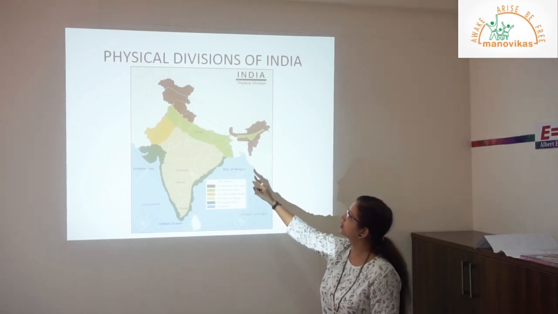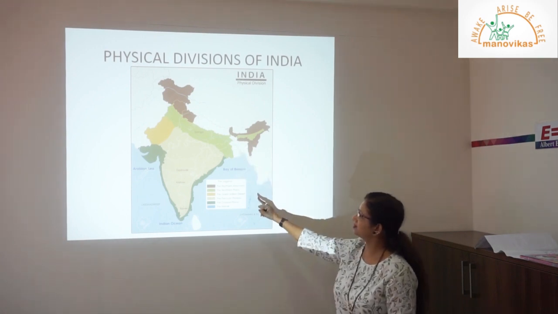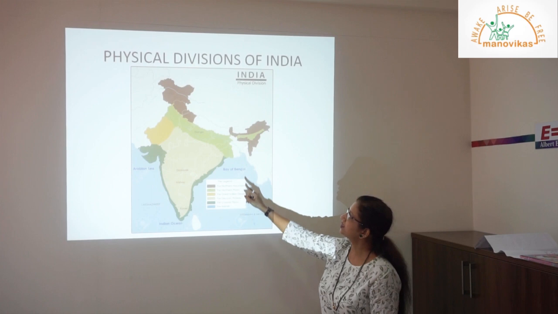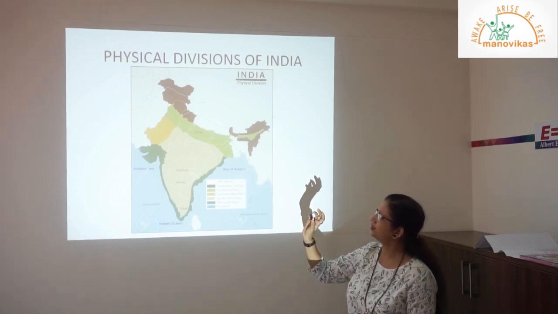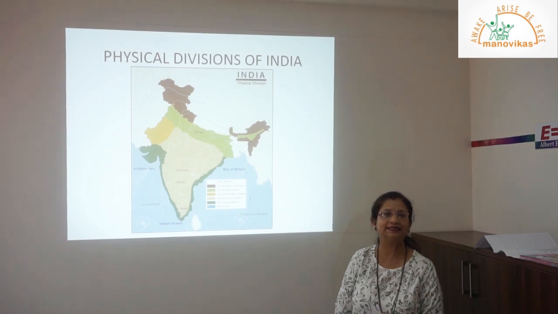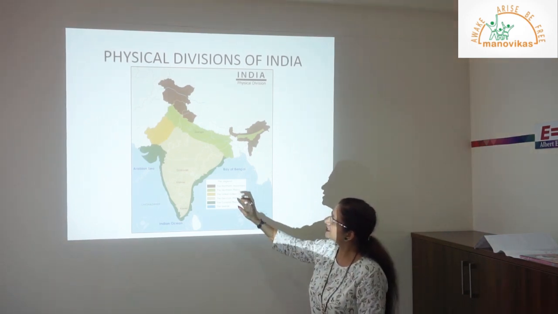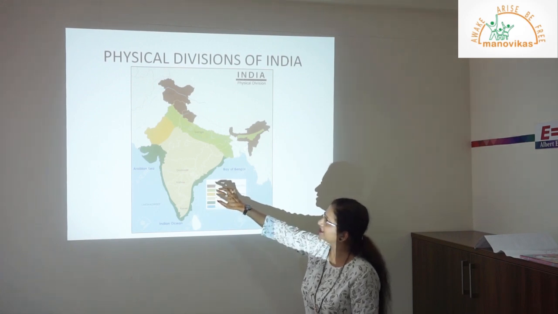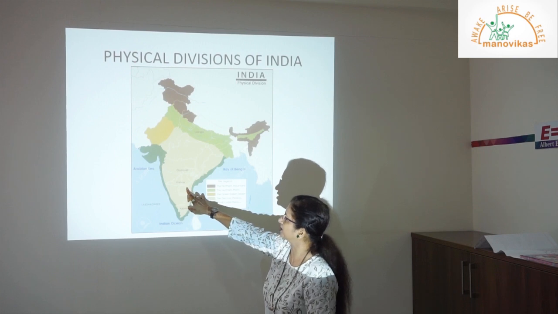Then we come to the green part, the northern plains. Can you see the desert region? It looks a little yellowish in color. So that is the Great Indian Desert. Next, can you see the cream color inside? So this is the plateau region.